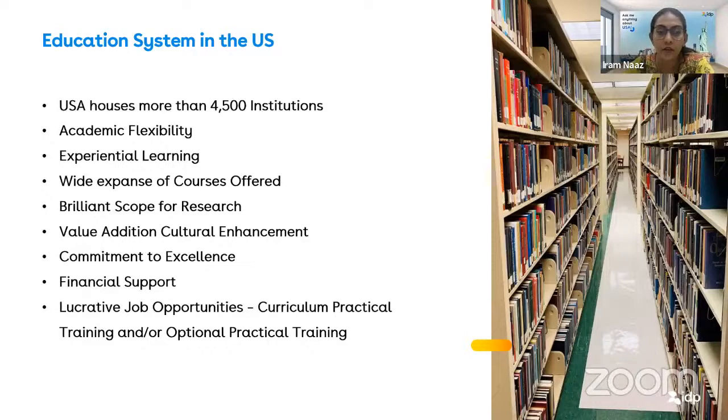For the master's, suppose the student is studying civil and wants to shift to computer science or data analytics, there are universities that are going to offer him admits. The same goes for mechanical engineering. If the student is from a mechanical engineering background and wants to shift to computer science, computer engineering or software engineering, there are universities which are going to offer him admits, and the visa probability is also good.